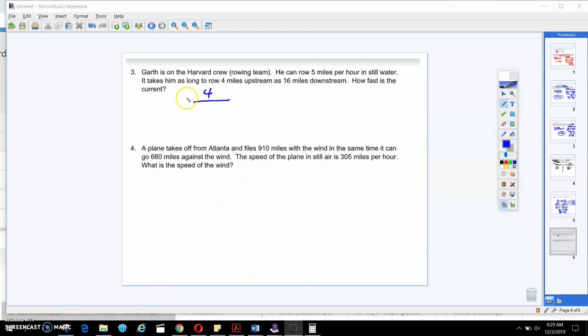So on number 3, you should have gotten 4 over 5 minus x, or whatever variable you used, is equal to 16 over 5 plus x. The reason why I put this minus over here and this plus sign over here is because this is kind of like saying upstream. This is going downstream, right? The reason why it's addition is because when you go downstream, you're following with the current. So you're taking whatever the current's